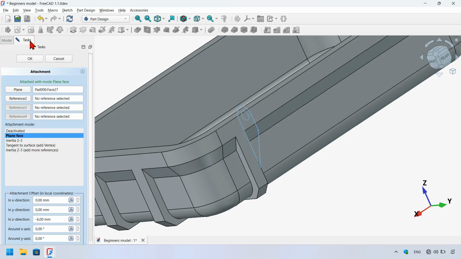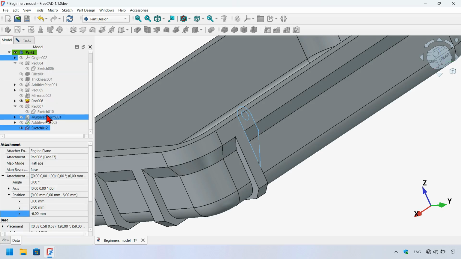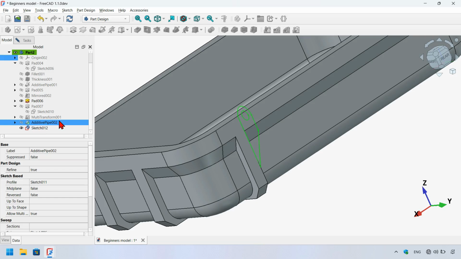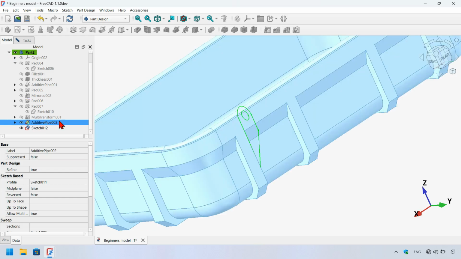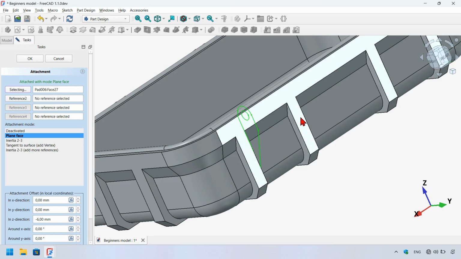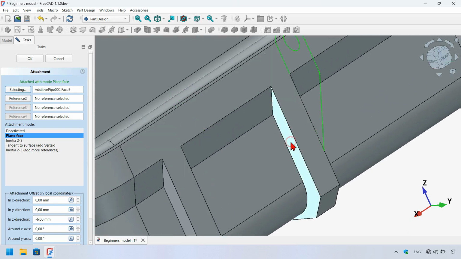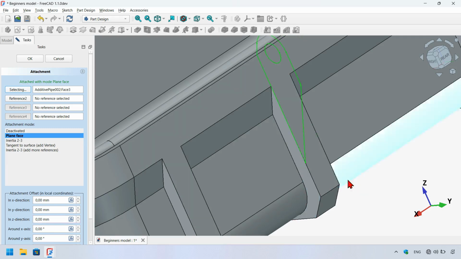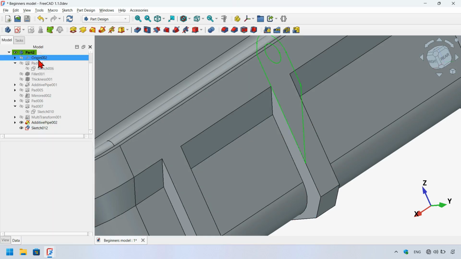So I go to tasks, and first here I have to go to the model tab and make the active pipe operation visible, spacebar, and go back to tasks, and now I click on the plane button, and what I'm going to do here is to select this face, for example, and I will set 0 here in the Z direction, 0,